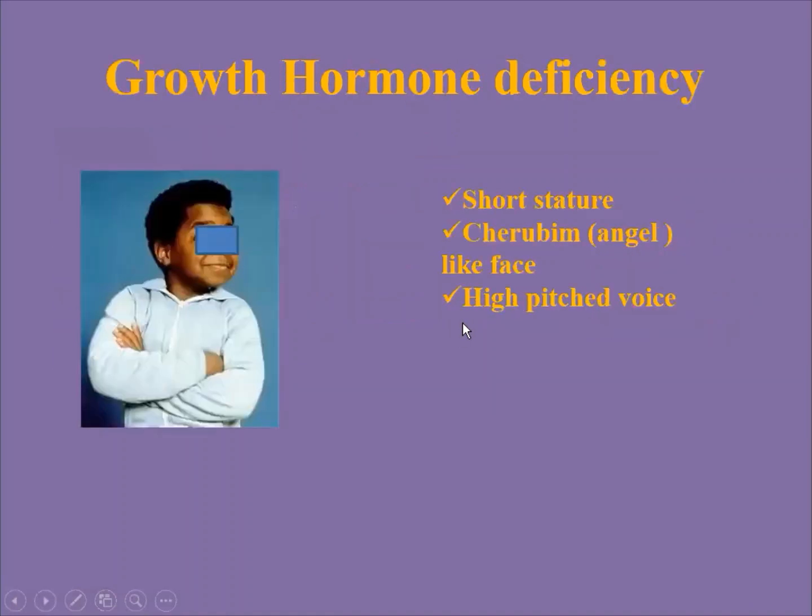Okay. Growth hormone deficiency. When we say growth hormone deficiency, you know, growth hormone is one of the growth factors secreted by the anterior pituitary somatotrophs. There are other growth factors like insulin-like growth factor 1, 2, and all those things. So growth hormone deficiency may be a deficiency of all those things together, or can be due to a receptor problem. So even though there is growth hormone, it may not be able to go and act on the target organ because of the receptor issue, right?